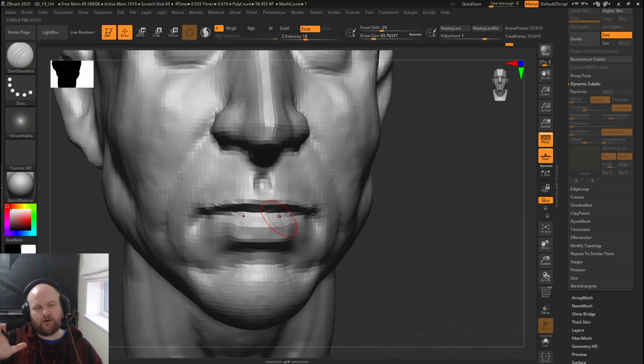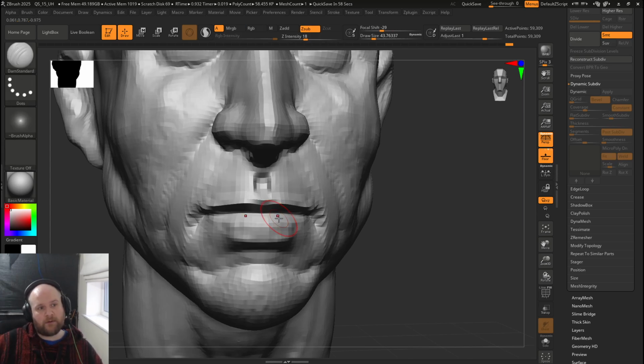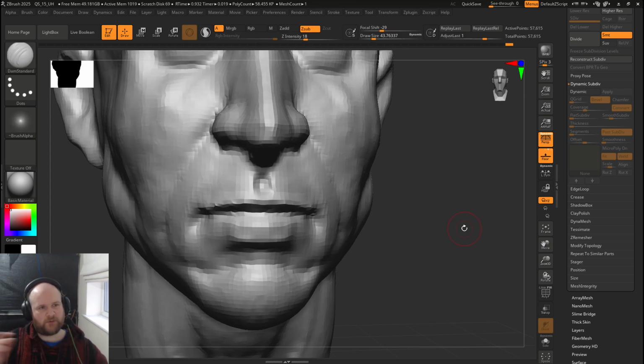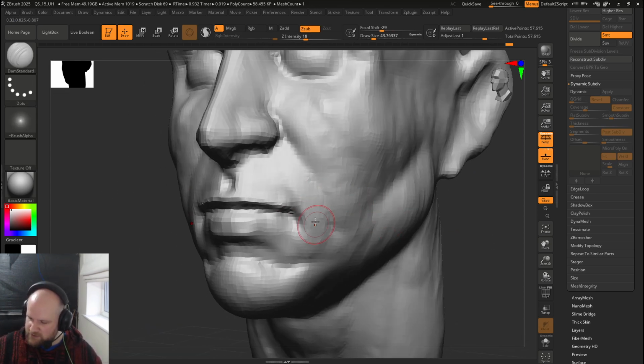This is something I'd often do when I'm at the end and I know I'm about to jump up to a higher resolution. I want to even out the information and strengthen some of those forms as much as I can, so when it Dynameshes up to that other resolution, it doesn't smooth those sharp details out, because obviously when I Dynamesh, it smooths it out a little bit. So now I can go back in and strengthen stuff, bring that in there,